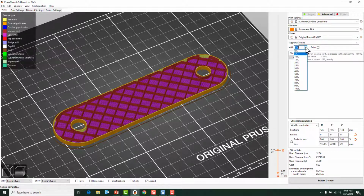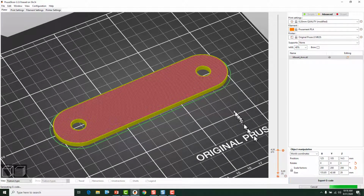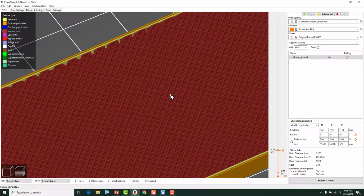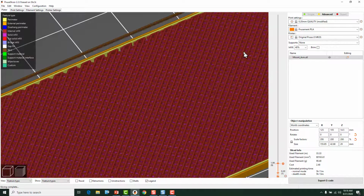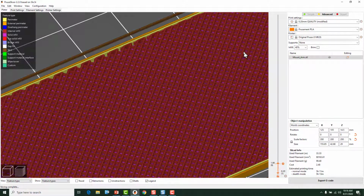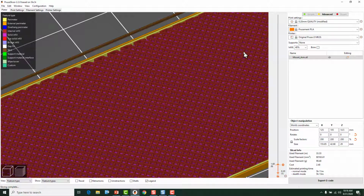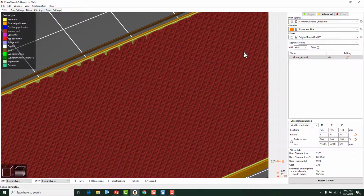Not really sure why they decided to do that, but if we step this up to a much finer fill rate and we look in there, you can really see that the rectilinear starts to look a lot like the lines like that right there. You get a crisscross pattern of alternating lines, and the grid, on the other hand, will just build straight up boxes like what you saw before. So there is a difference between them,